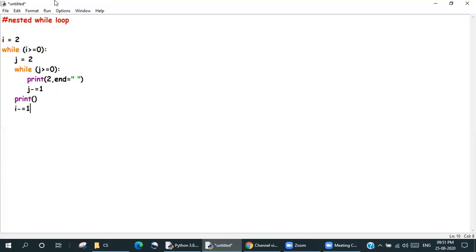Let me explain this code for you now. First and foremost, let me tell you which is the outer loop, which is the inner loop, which is the body of the outer loop, and which is the body of the inner loop. So this while is the outer loop, and this while is the inner loop.